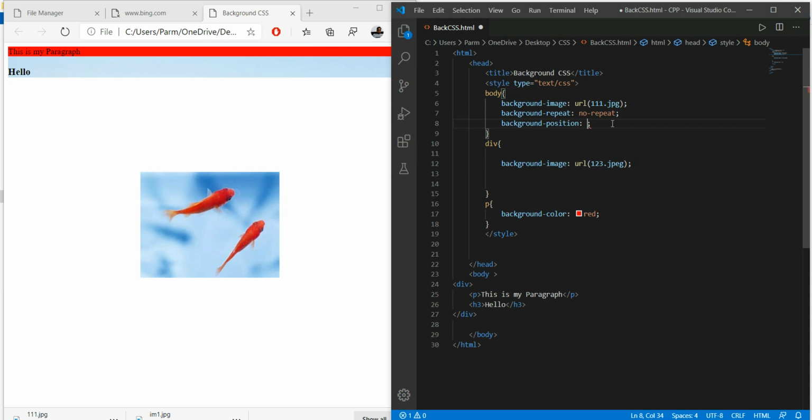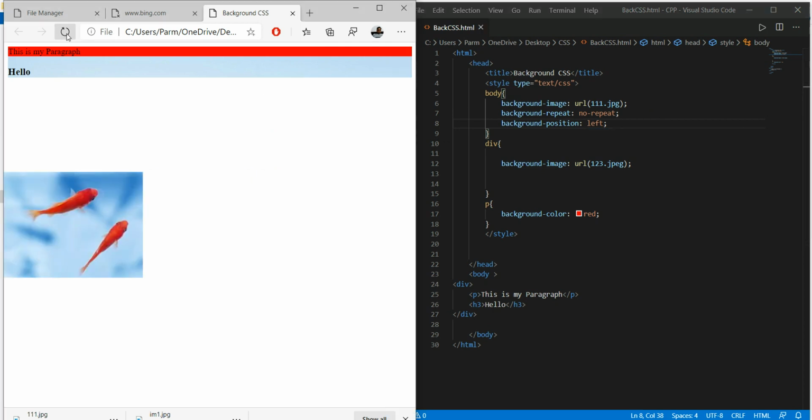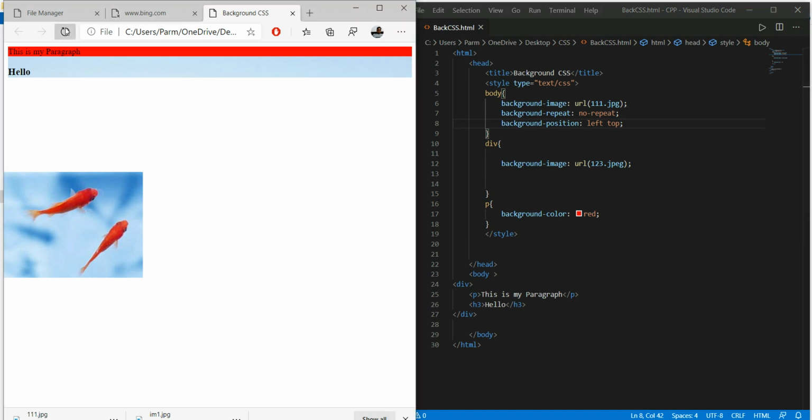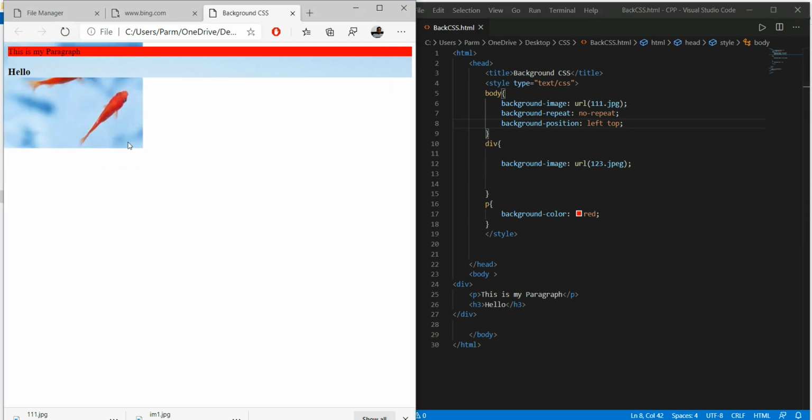Left means by default it is considered left, so left relative to this becomes left relative to center. So if I wanted to say left top, save this, and now this file is positioned left top.